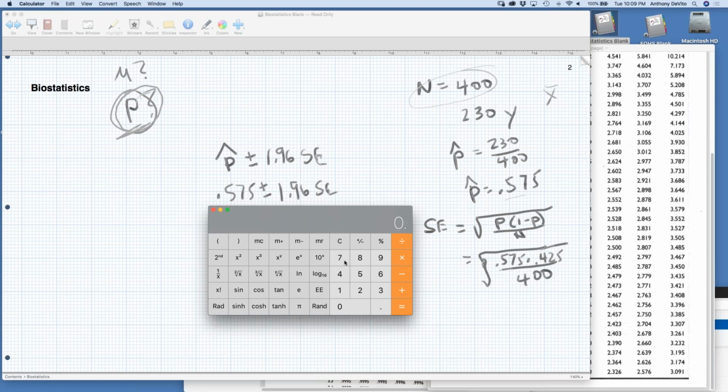Okay, that's going to be 0.575 times 0.425, divided by 400, equals this. We take the square root of that, and our standard error for this proportion, repeated samples of size 400, is